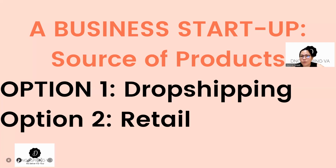Kumbaga the word itself na dropship, hindi talaga siya directly through your warehouse. Dinadiretso siya sa iyong customer. Eto risky siya from all other businesses or all other options ng pag-startup ng business. Although wala kang ilalabas na malaking capital, wala ka ring maintain na inventory. Kasi you don't store the inventory, pero wala ka ding malaking capital na kailangang